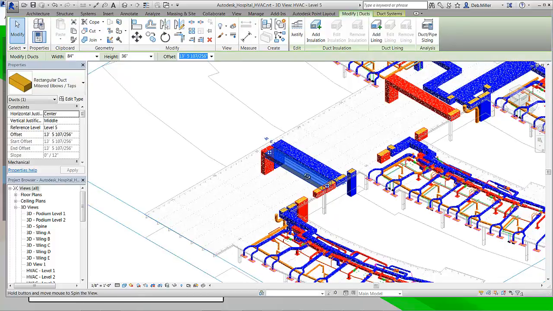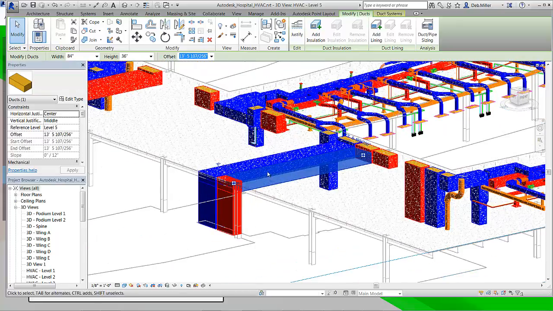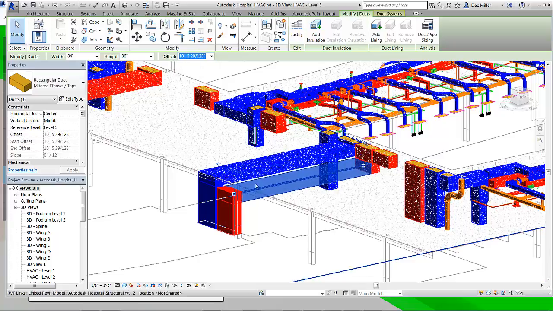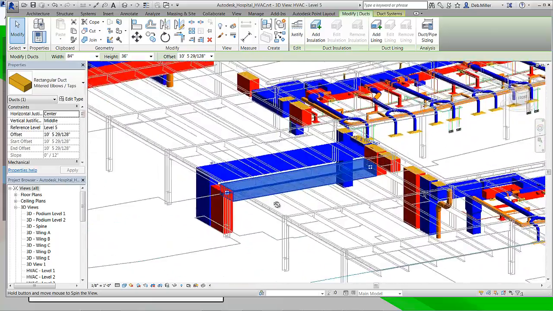So in this case, we're not going to spend too much time with what we do to drop it, but just to make it a quick change, let's go ahead and bring it down maybe to the 10-foot level. That'll redesign. We can do a visual check. Yes, for sure, that's going to miss the